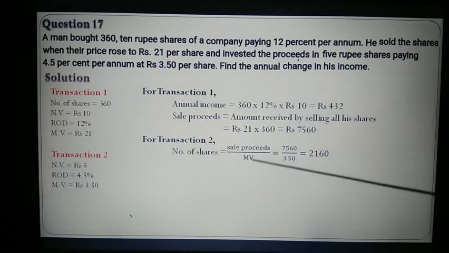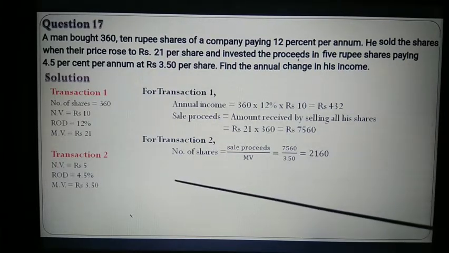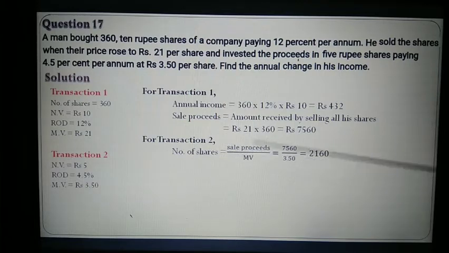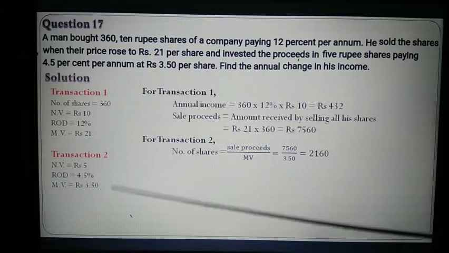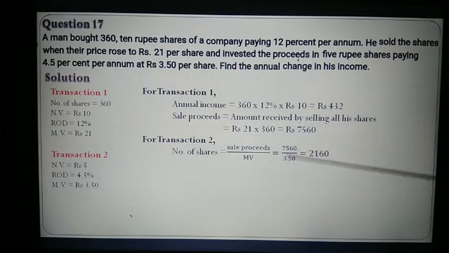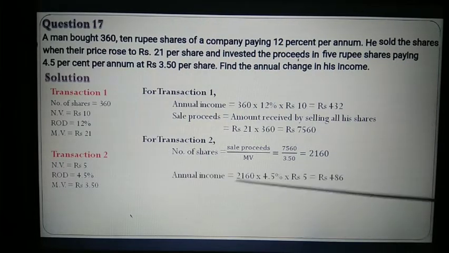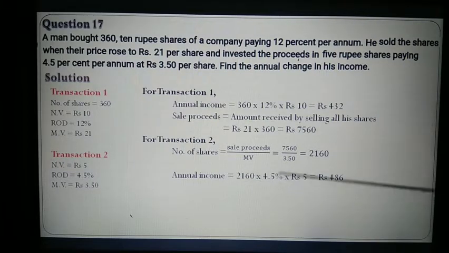We have seen this kind of problem in earlier problems. What is the sale proceeds? This is 7,560, and the market value is 3.50. When you simplify this you'll get 2,160. So the number of shares in the second transaction is going to be this much. Annual income is, again as I said, number of shares into rate of dividend into nominal value, which turns out to be rupees